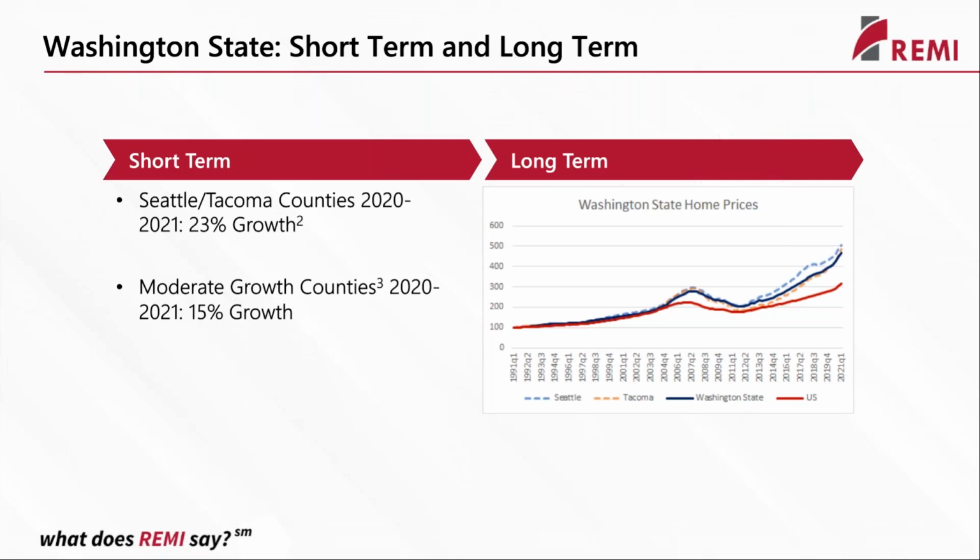So we have a nation with rapidly increasing housing prices, and Washington State specifically is increasing at an even more rapid rate. On this graph to the right, you can see that, again, after the trough at about 2012, the housing price trajectory is just much higher for Washington State than for the rest of the United States. And even the Seattle area beats out the Washington average quite significantly.